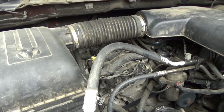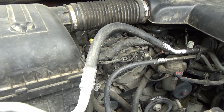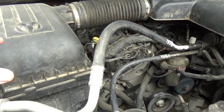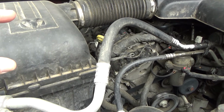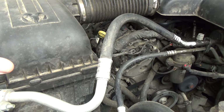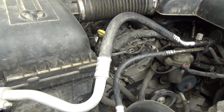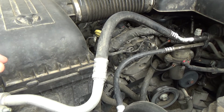So he just wants to put a number 3 coil on it, and I told him that if it doesn't fix it, then he'll at least have a spare coil, because we're going to keep the original number 3 coil. And like I say, if he still gets that P0303, he'll have a spare coil if he ever needs one in the future. He'll at least have the peace of mind knowing that it's got fresh plugs in it. And then at that point, he said that we'll start looking into anything else that could be causing this P0303